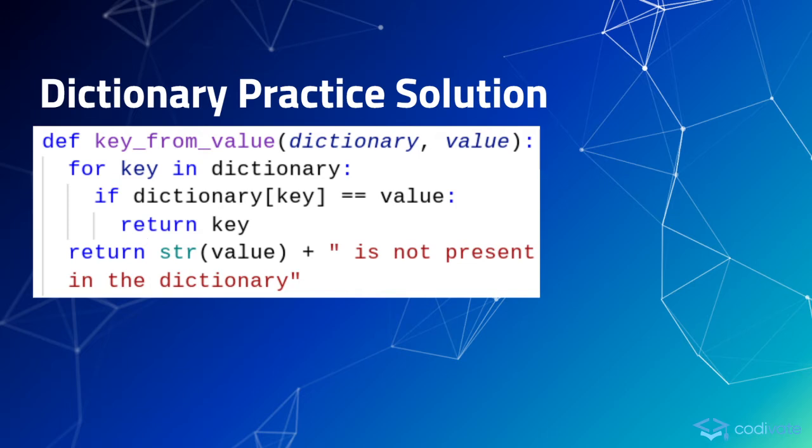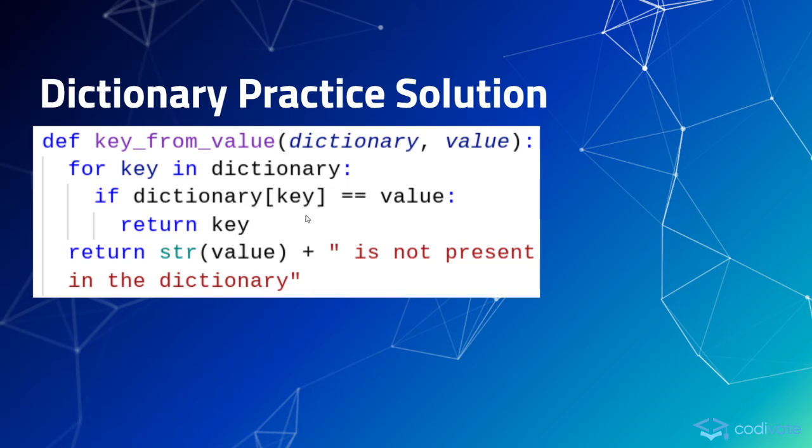Now let's go through each line within this. The first line is the for loop. So for each key in the dictionary, we can read this as a for each loop. For each key in the dictionary, we are checking this condition. If the dictionary